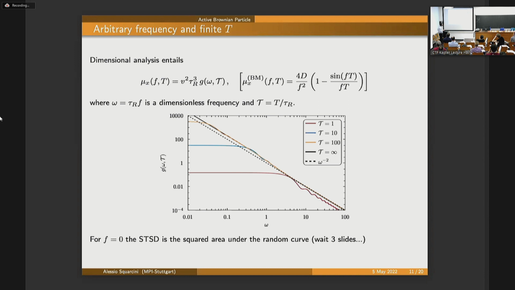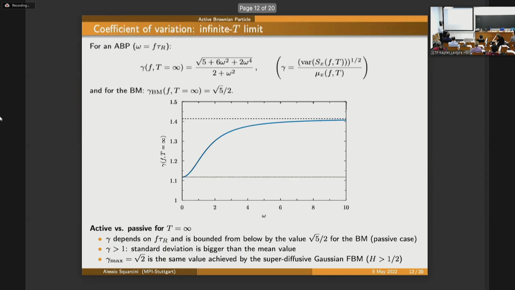And it is important to notice that the value which you get when the frequency is 0 has itself a particular meaning. If you wait 3 slides, you will see what it is. Well, there is a spoiler here. Okay. And yes, what we did in those two papers which I mentioned at the introduction is that we focused